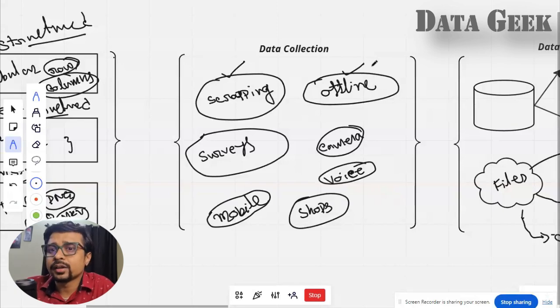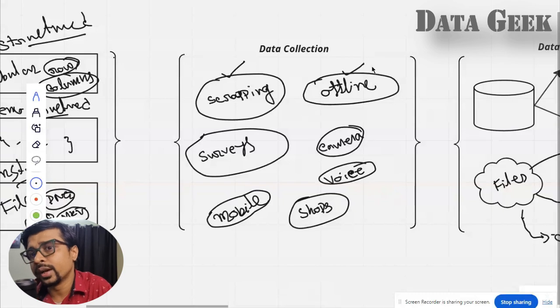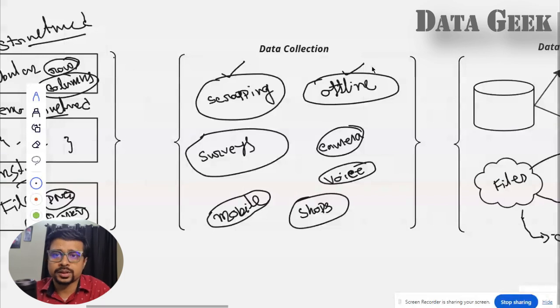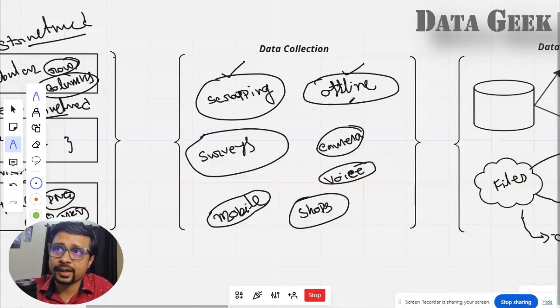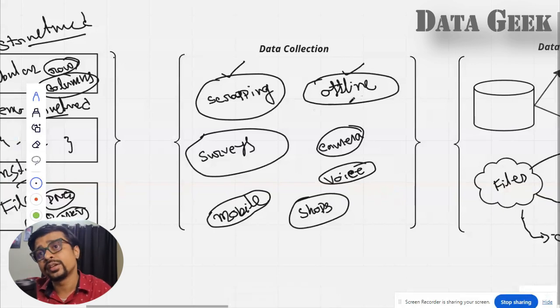Again, you can have offline data. In older times, someone used to come to your house and ask survey questions. One of the most important things I saw was that some person from the government comes to ask how many family members there are. When some disease outbreak happens, the government also sends someone to your home to understand what diseases you are having, whether you have some disease or not, what is the condition of your family members. So this kind of offline data they actually collect. After collecting this offline data, they again save it digitally.